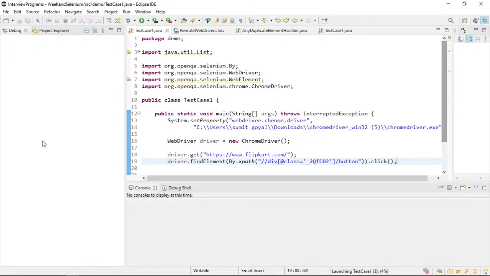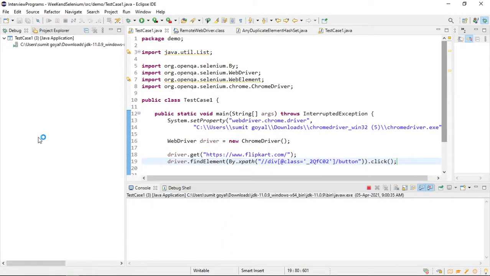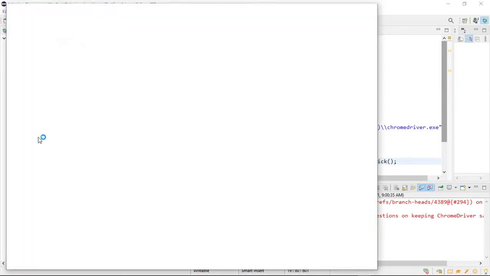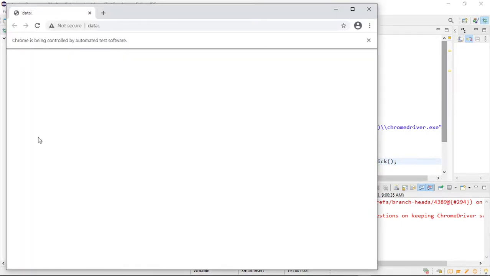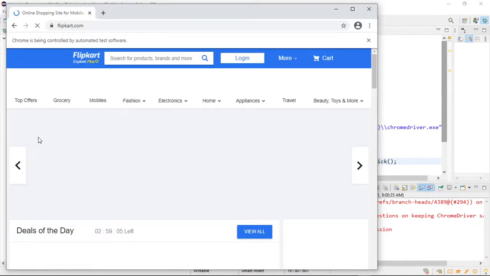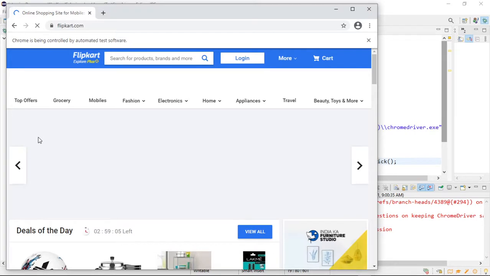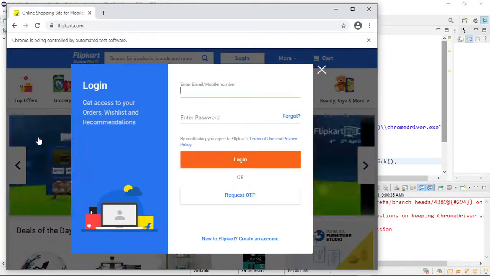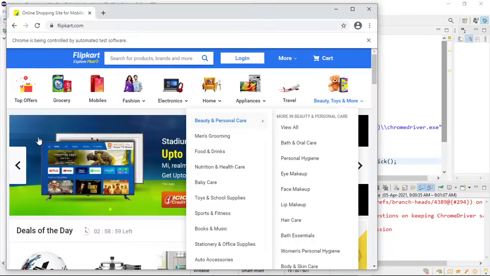It should close. So now it is closed. Is it clear?